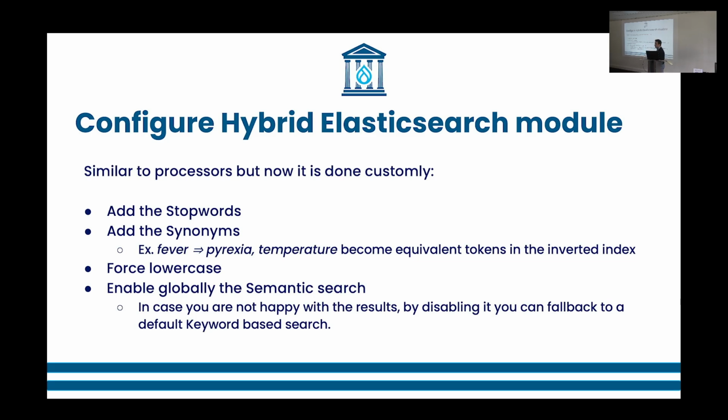And why we add that? Maybe you have as a fallback the basic semantic search that we discussed before. If something goes wrong with the semantic search, the editors or us, we can just disable it, and then it can fall back to the basic Elasticsearch if something goes wrong with the model or with the training, or basically the results are not the ones that we are expecting.